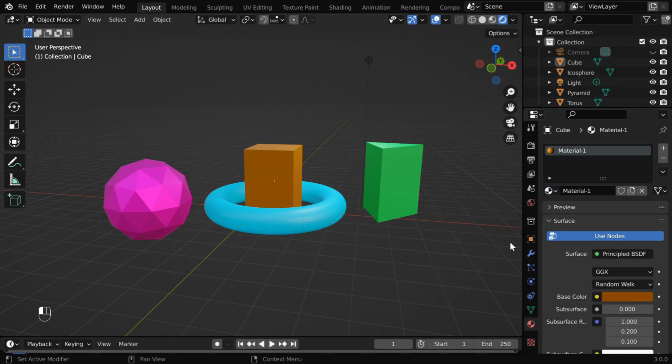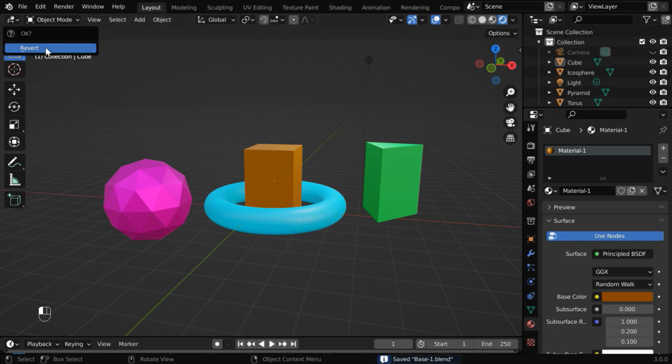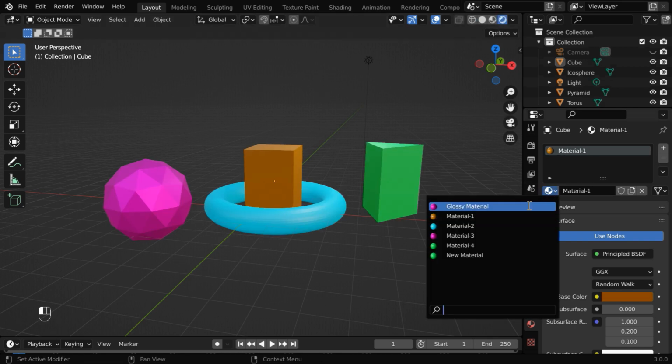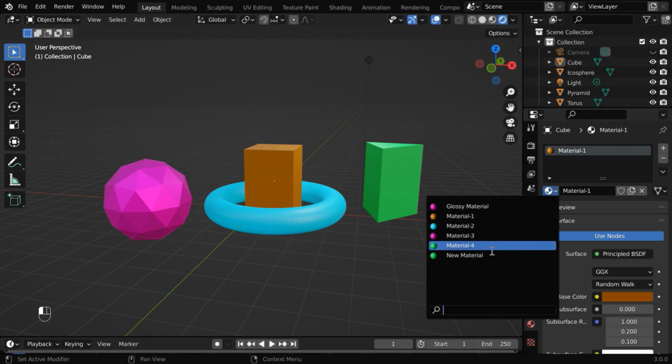unused materials correctly. The easiest way is to simply save your file, and then open it again, or just reload it. So, you will see that now we got rid of all the extra duplicate materials here. But we have only 4 objects with 4 different materials. And in this material list, we have 6 materials, which means we still have some duplicate materials that are not